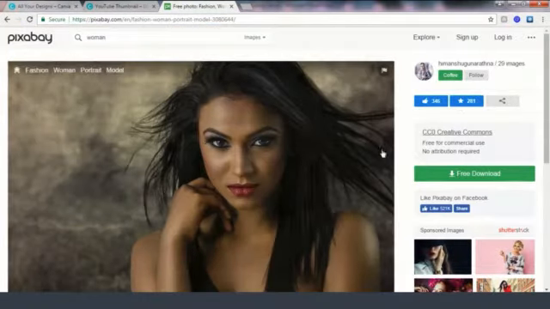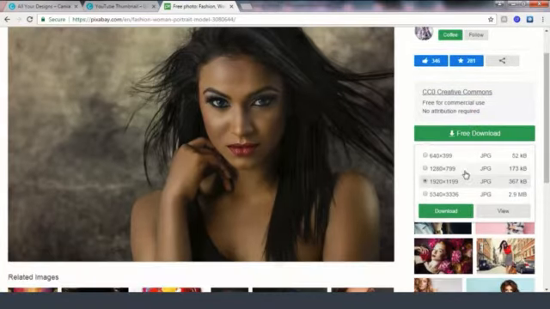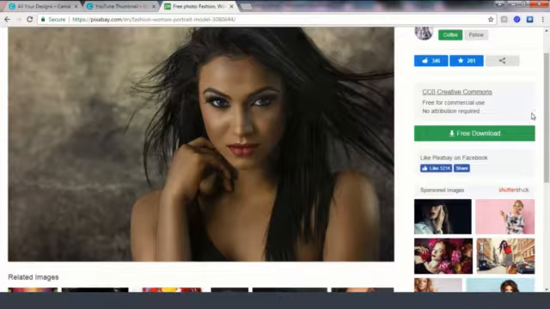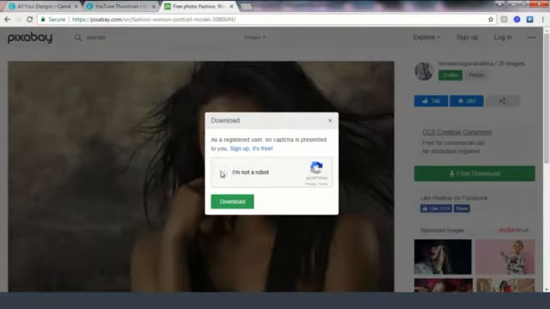Because some photos require attribution where you need to link back to the credit the owner. But this one is on a Creative Commons license and no attribution required. So you can use this for your commercial projects for free. Let's take an example. To download this photo, just click this free download button here, and here you can choose